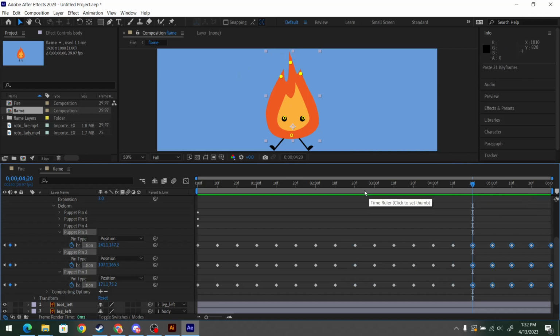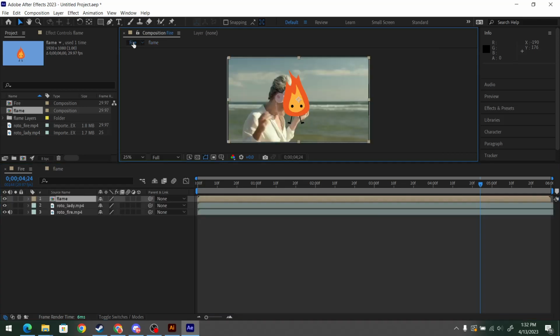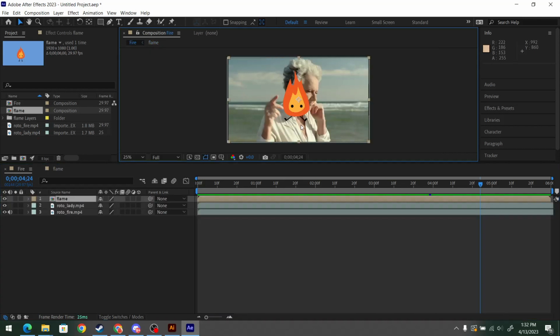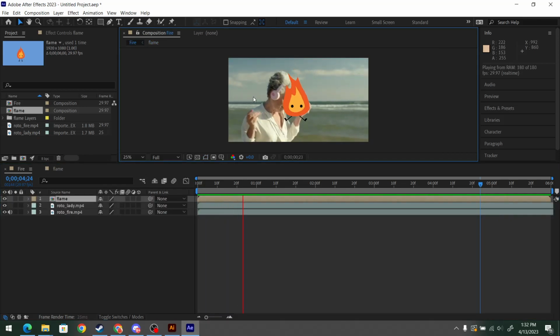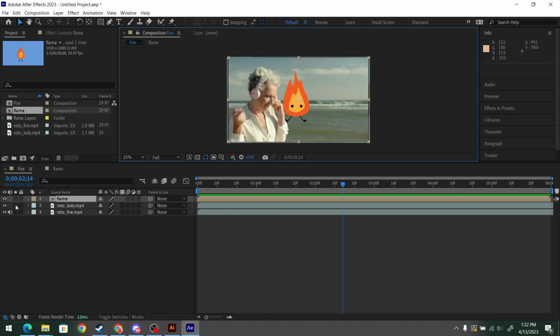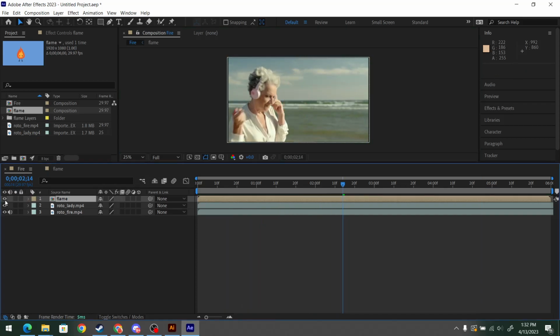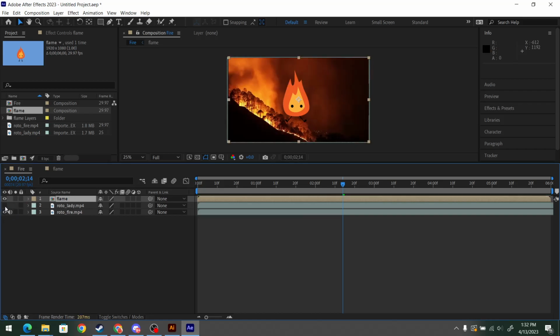Okay, so let us go now into the masking part of this assignment. So here's the puppet pin tool. Yay! And now let's do masking. I'm gonna hide my little flame layer for now, and well, actually I'm not, because we're gonna be using it for the mask. I'm actually gonna be hiding the lady layer right now, and I'm going to make 2 copies